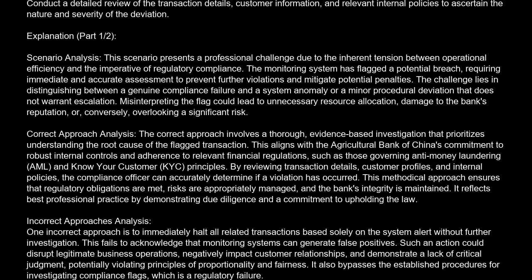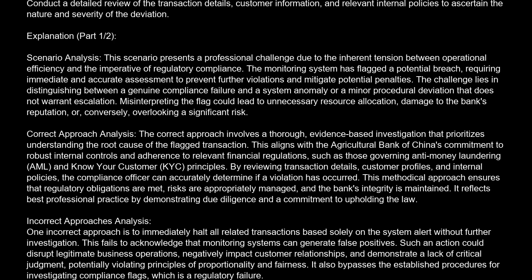Correct answer is B. Conduct a detailed review of the transaction details, customer information, and relevant internal policies to ascertain the nature and severity of the deviation. Explanation. Scenario analysis. This scenario presents a professional challenge due to the inherent tension between operational efficiency and the imperative